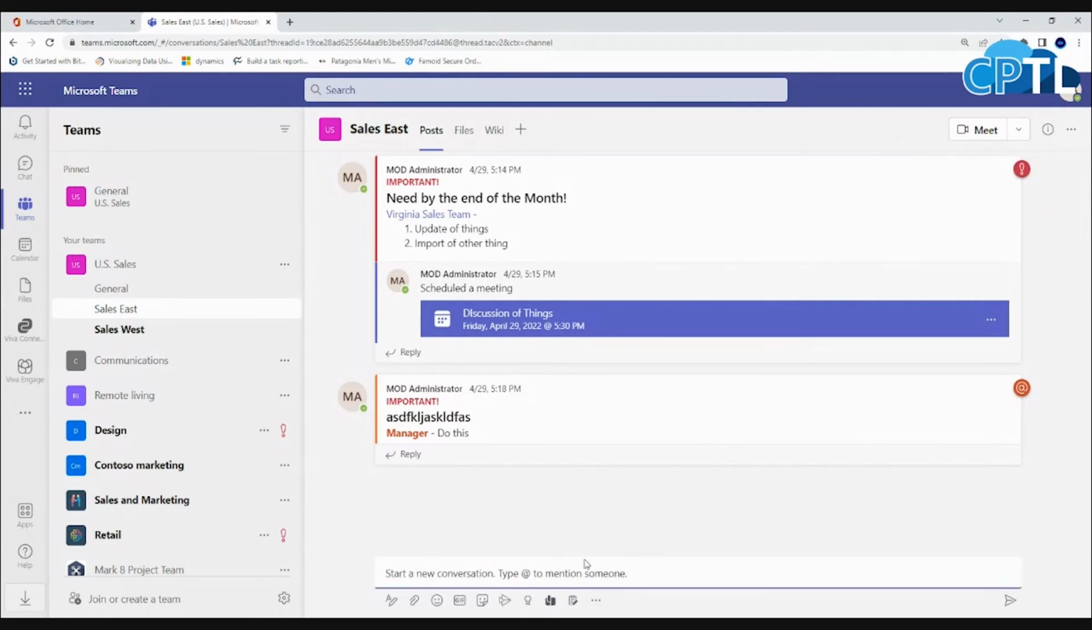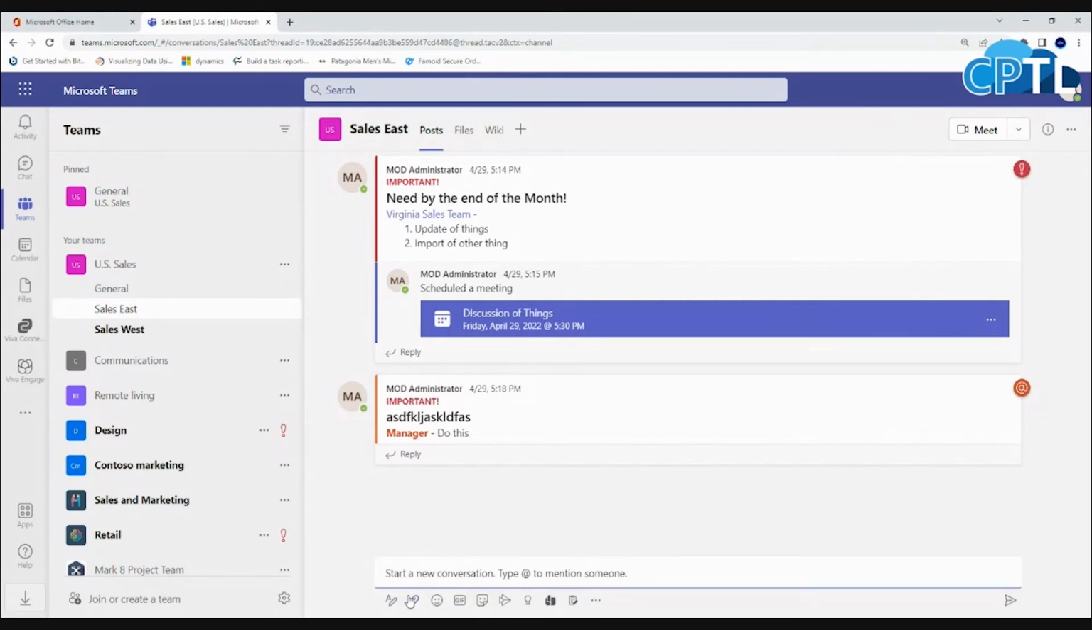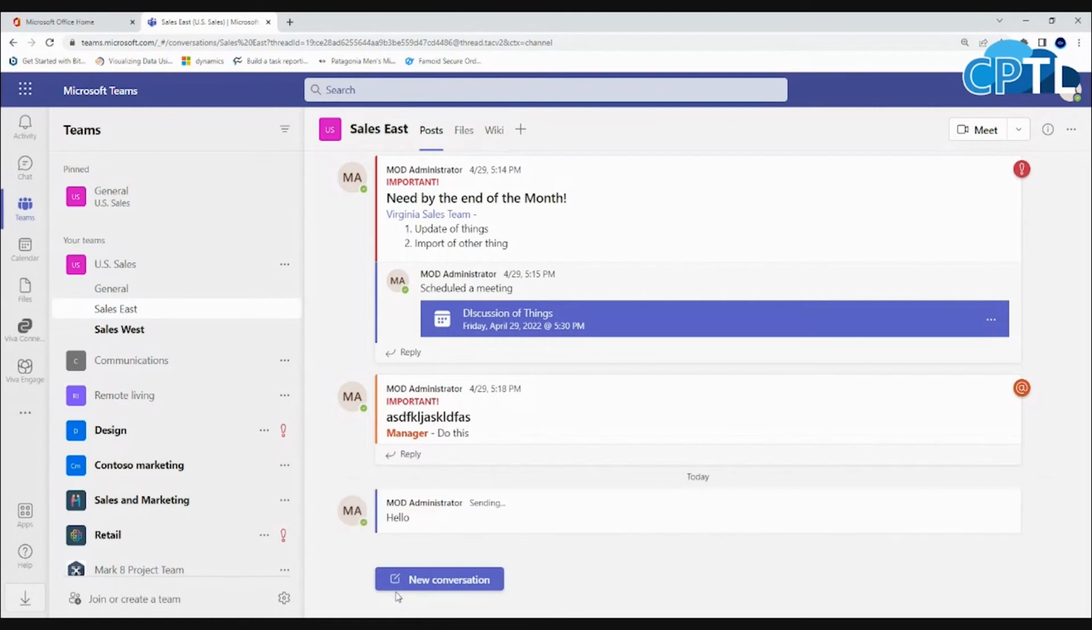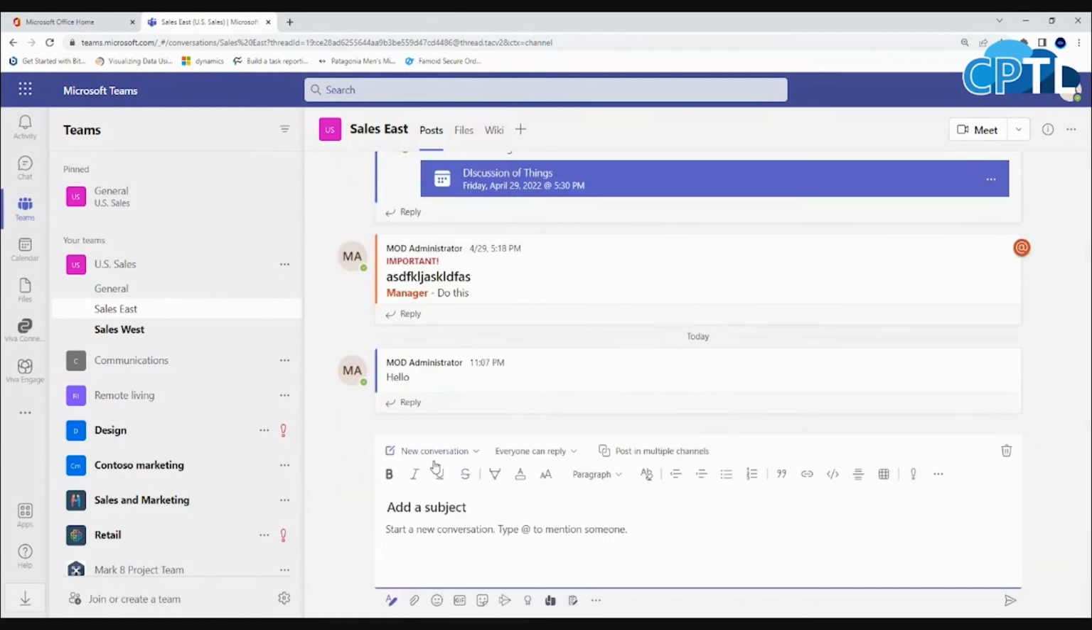Now we'll go ahead and click new conversation. Now, it does look a little different. There are a couple of functionalities that are out. Like I said, the calendar is now up here under Meet. But the rest of them are the same. So we have the general standard chat. We have a new conversation in terms of formatting where we can